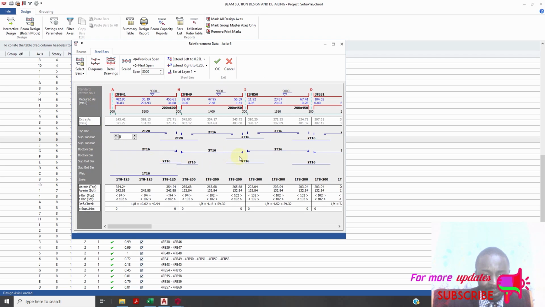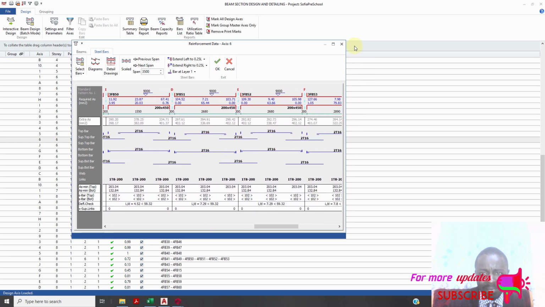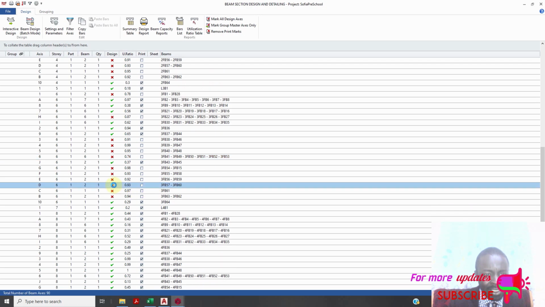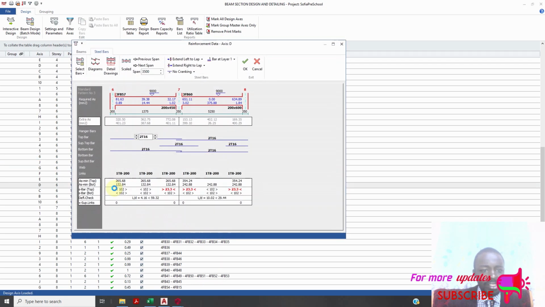So you can see we are getting T20s and a lot of T20s. We are getting an over design in beam also. So this one, most of these beams are demanding that we use T20. So here, for example, if I can increase that and increase this one to T20,